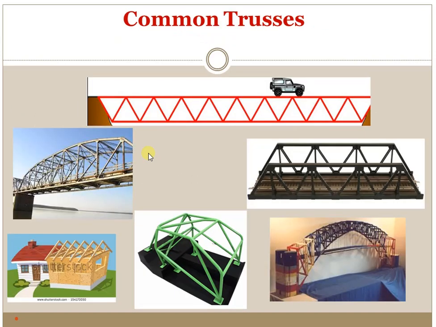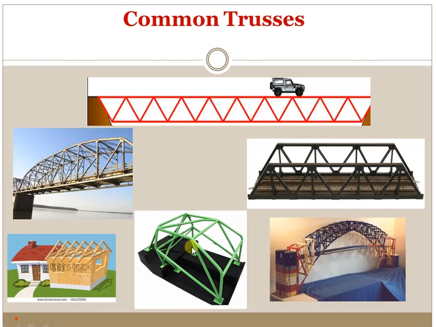So these are some common examples of trusses. Where can we observe trusses? Here one example is a bridge, mostly in hilly regions. The bridge is made of trusses. Now here, if you want to make a bridge on a river, it is also made by using trusses. Here you can see that rods are interconnected and welded together.